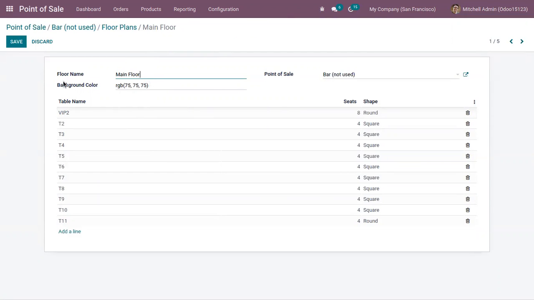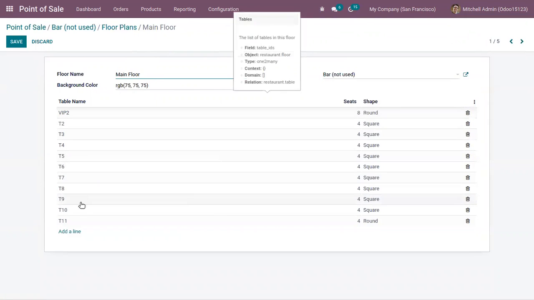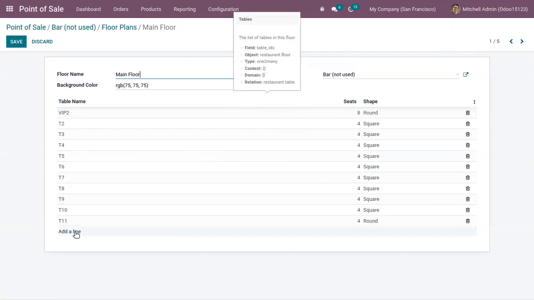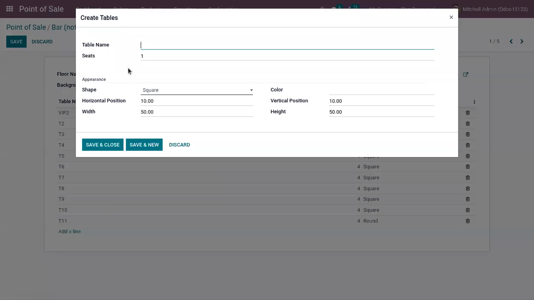So you can see the background color, then the tables in that floor. You can view for each table the total number of seats and the shape of the table. So in order to add a new table to this floor, you can click on add a line and provide the table name. Then you can see the number of seats. You can choose shape, then set position in that floor. That is position of the table in the floor,